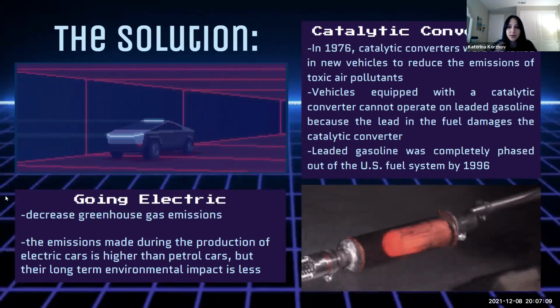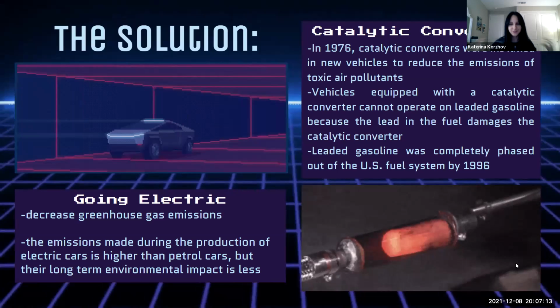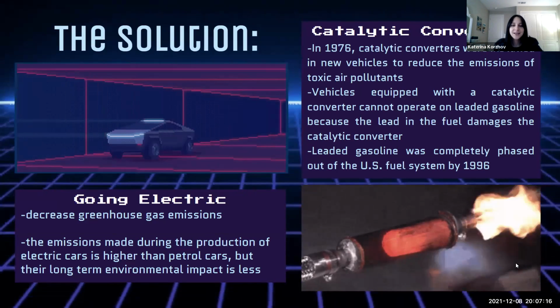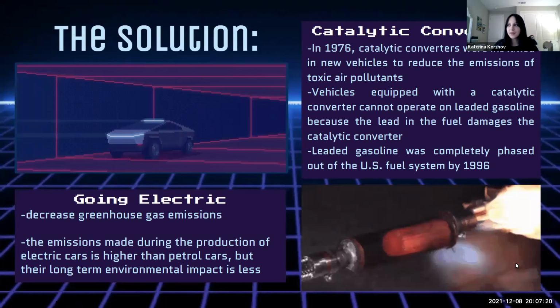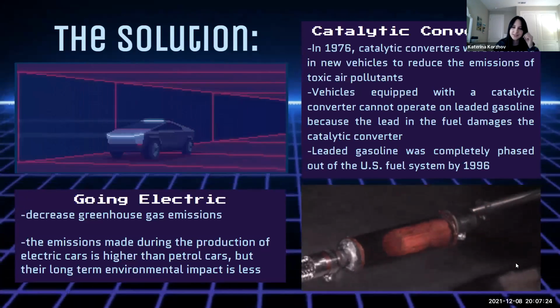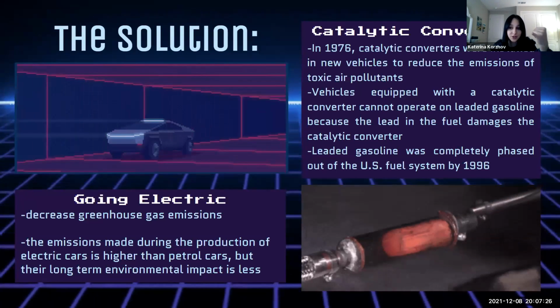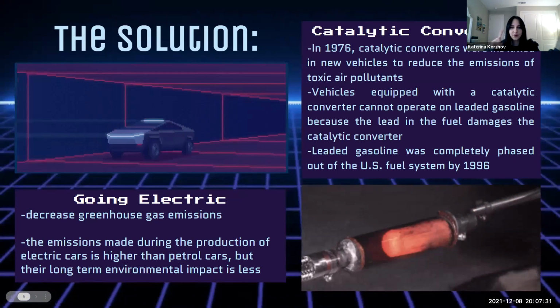That's to reduce all the stuff that goes out into the air and into the atmosphere, things like hydrocarbons, nitrogen dioxides, nitric acid. All of that stuff is terrible for the environment. Also, they got rid of leaded gasoline because that was also terrible for the environment. And so if we go into the next slide,